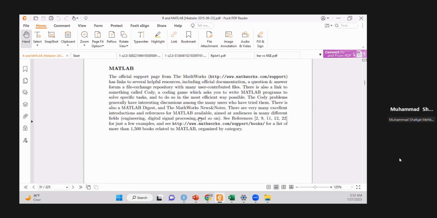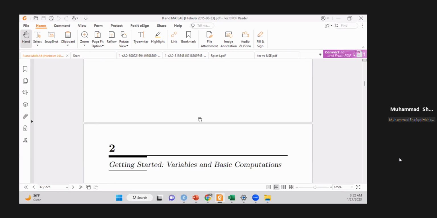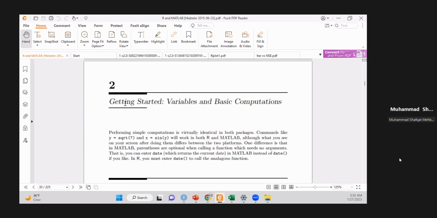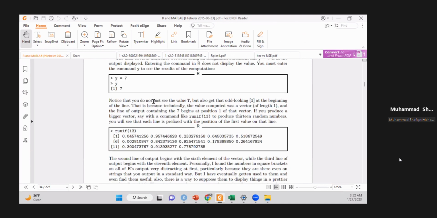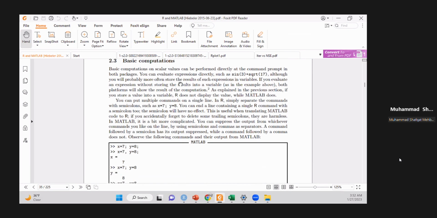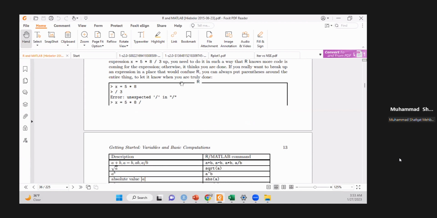the chapters will start from here. We will start with getting started with the variables and basic computations. Basic computation will be like storing some numerical values, adding, subtracting, taking square root, mean square, or the mean, median, mode, this kind of basic computations. We will do it in the first part of this one, and